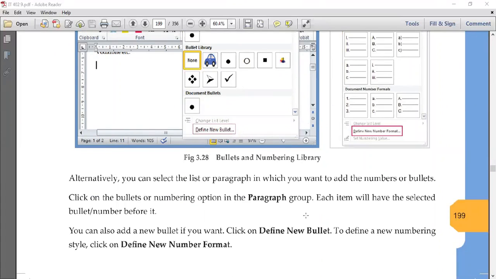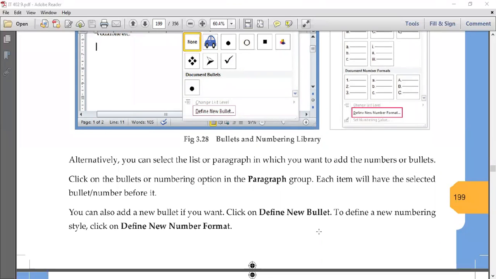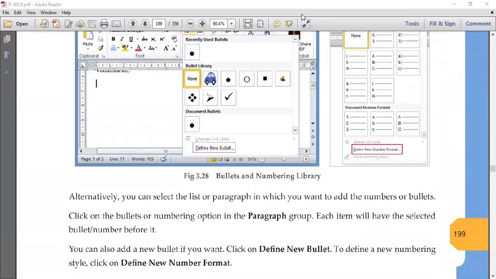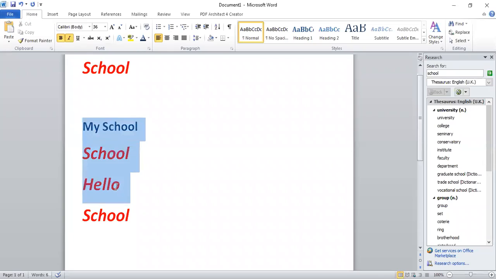And see, there's an option to define a new bullet or define a new format also. So you can go with that, and then you can create your own new format, new bullet also, right? I'll just give you this look also. Like if I want all these things in bullets,